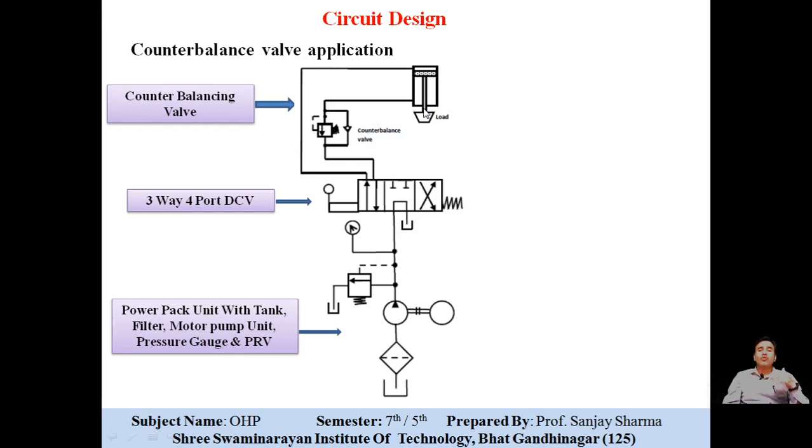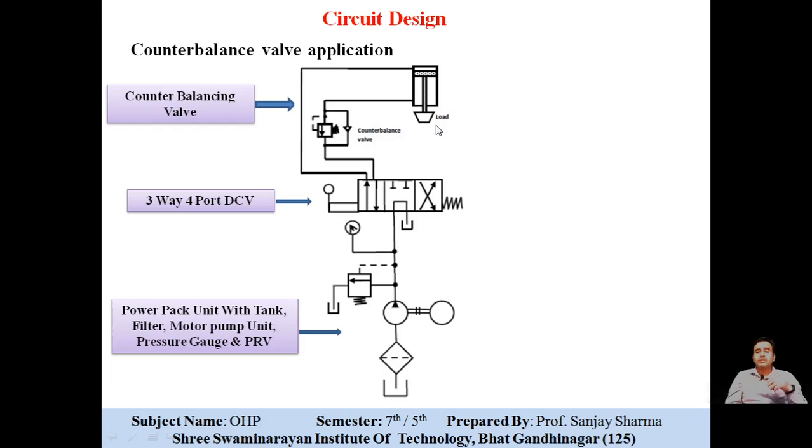So in order to overcome both this situation, and the third situation is hanging or suspension situation. So let us discuss all 3 positions one by one. The first position, say right now from this, when the piston is moving downward, along with the pressure force of this pump, when it is passing through this, the flow will come through this and it will try to push this piston downward, and whatever the load is there, it will try to move in downward direction.